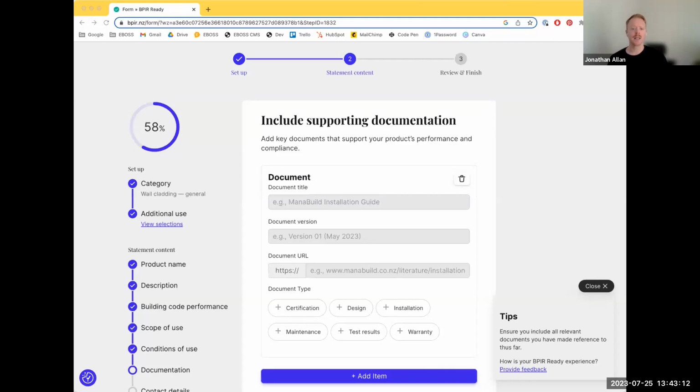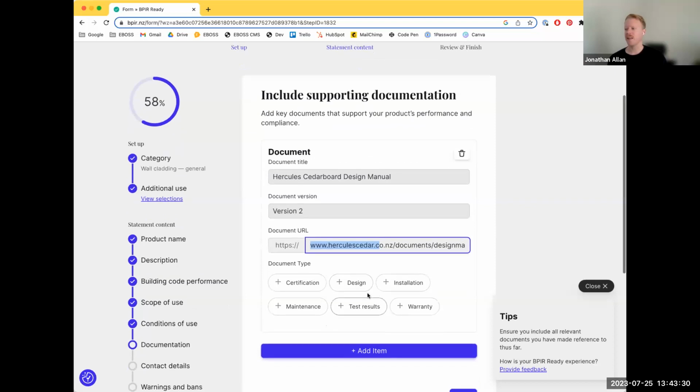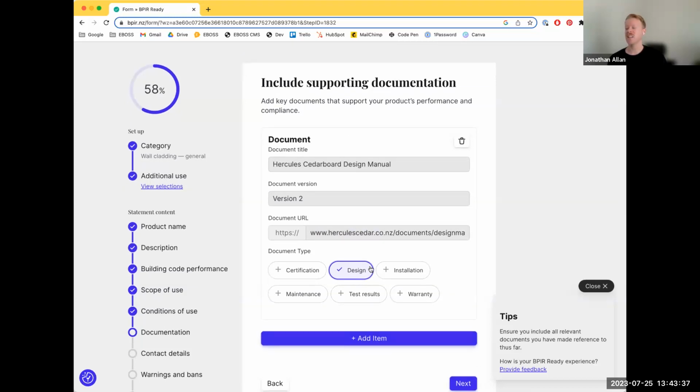Previously, I have mentioned my Hercules design manual, version number 2. So I'm going to pop that in, and that's hosted on my website. I'll put that URL in there too. And that is a design manual. So I'm just going to click that little tag there, and you can actually do more than one. These are prompts for you, and they also allow you and users of your information to see what